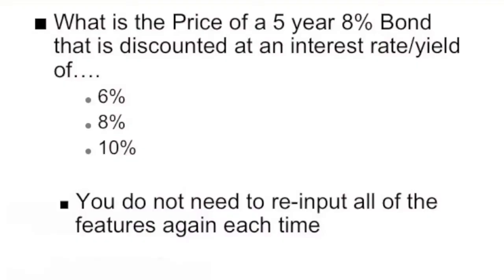The good thing here is, if ever I wish to recalculate the price at a different discount rate, I can simply put in my new discount rate and compute PV again. So for example here, if I change I/Y to 8, compute PV, it just updates the new price. And the PV now is 100.